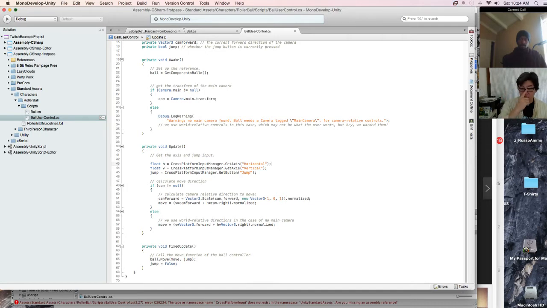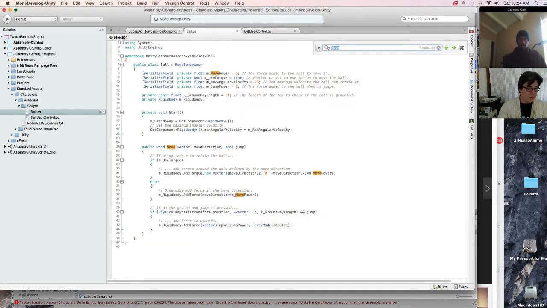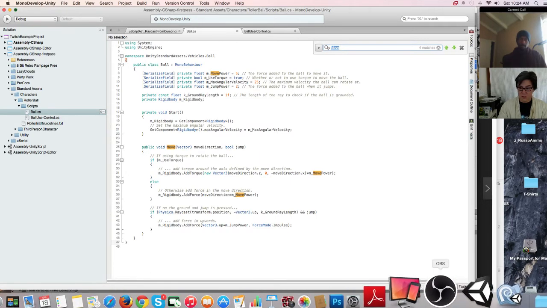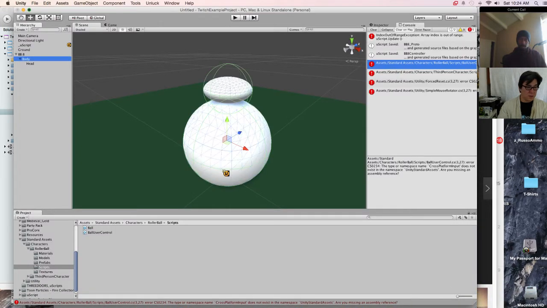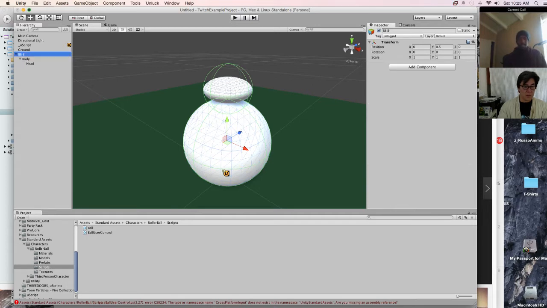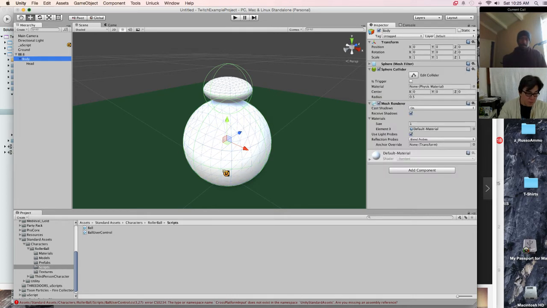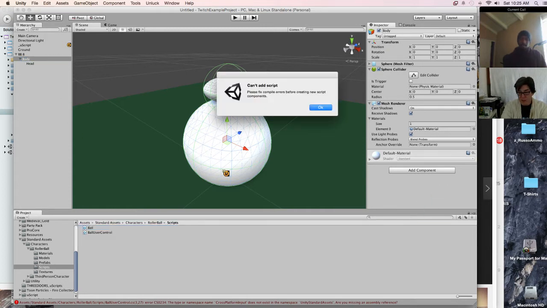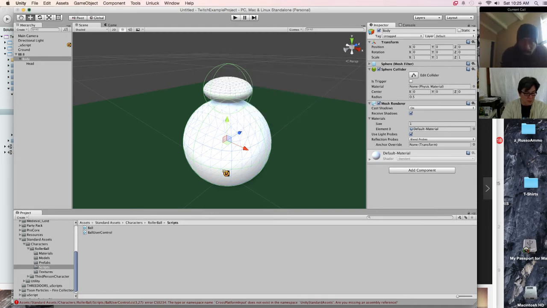There's a couple of things that are interesting about that. Let's take the body, right? Where are we going to put our rigid body, do you think? On the body? Yeah, on the body. Technically we could put it on a dummy object too, and just make the dummy object the thing, right? Yeah. But let's put the ball script on the body. I can drag it up here, or I can drag it to the end of this. Can't add script, please fix compile errors. Oh, what compile errors?